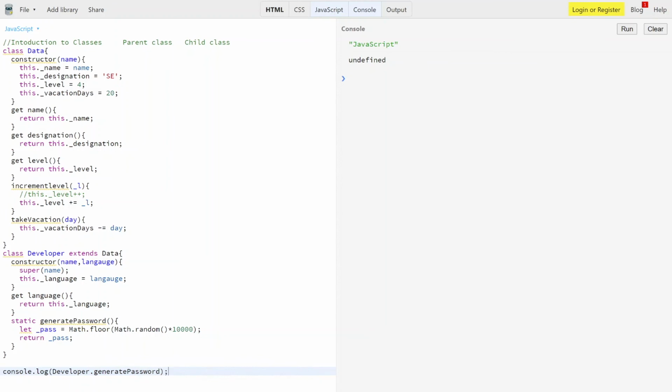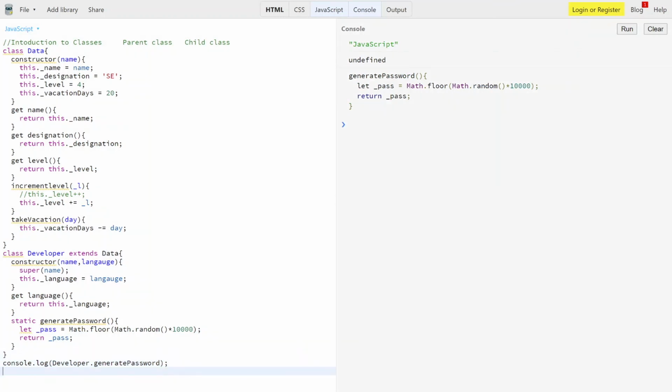So you will see you can't access this through an instance, it will only give me this. If you want to access this, you can directly access it, and it will say this contains the method now.